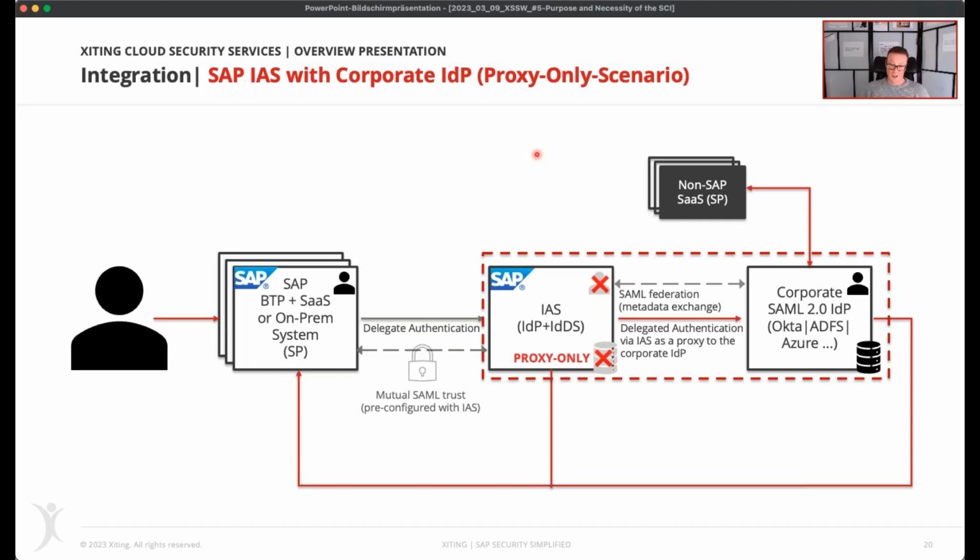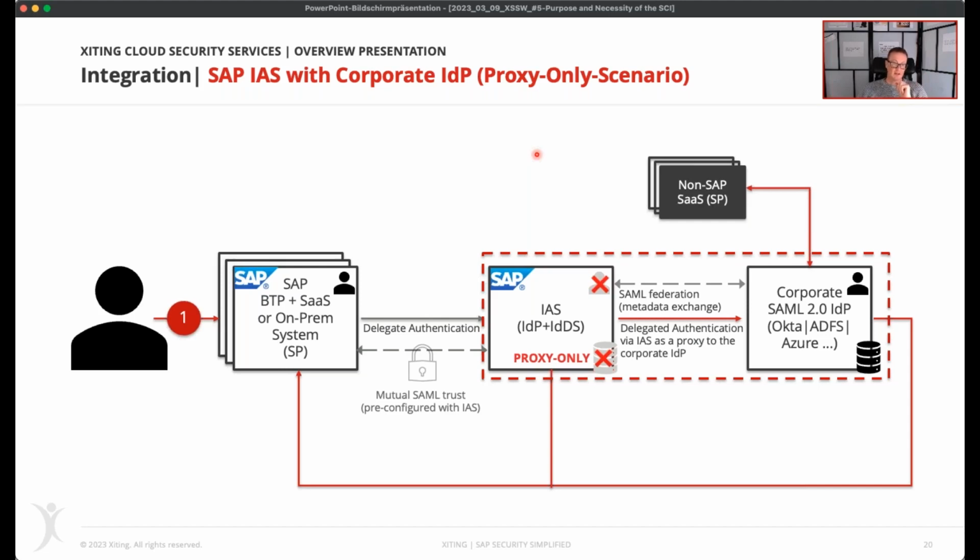So IIS handles the integration with the BTP from a federation and trust perspective, but it leaves the end user authentication in the hands of the corporate IDP. This means also that all non-SAP applications will still continue to use your existing IDP, but for your SAP applications, the SAML assertions are channeled through the IIS, and that gives you a higher level of flexibility. Yeah? So it's really important to mention, when functioning as a proxy, it's not necessary to have user profiles in the identity directory.